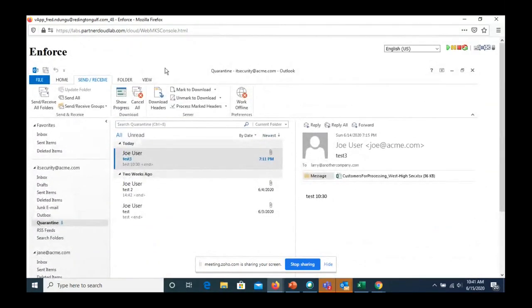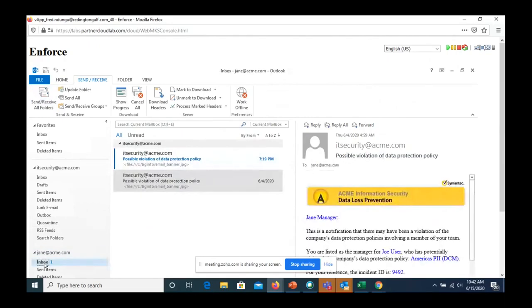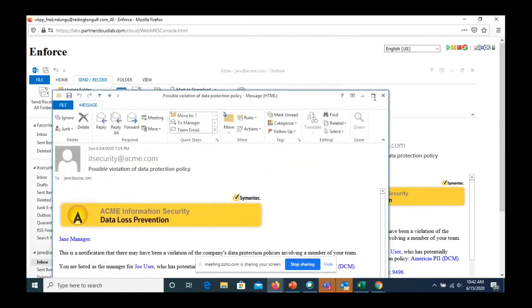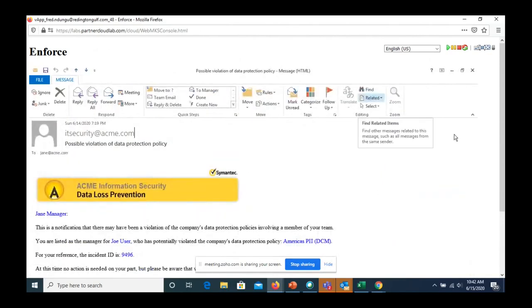When I go back to my emails and do a send receive, you can see Jen, who's Joe's manager, has now received a notification. Let me click on Jen's email, and you see she received that notification saying there's a possible violation of data protection policy, and this is the email. Dear Jen manager, this is a notification that there may be a violation of the company